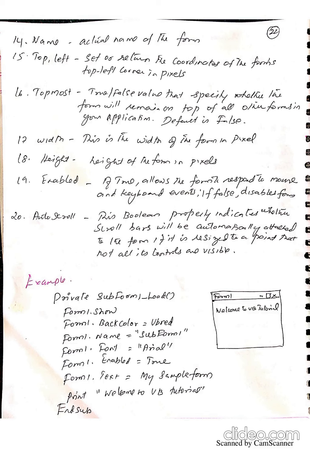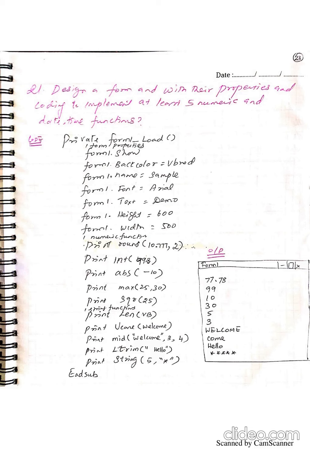Question number 22. What are the list box and combo boxes? Differentiate them. Illustrate them with coding to add and remove items in the list and combo box. The list box represents a window control to display a list of items to use. The user can select an item from the list. It allows the programmer to add items at design time by using the properties window or at runtime.